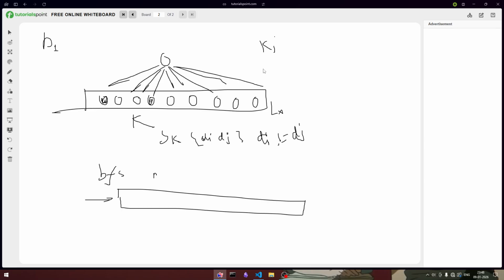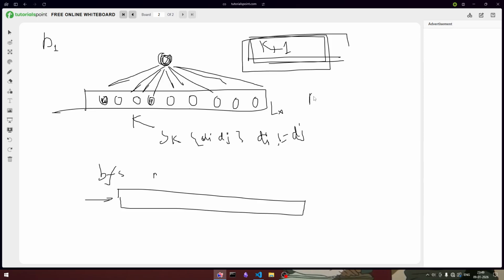We can't color any of these nodes together at the same time. We actually cannot color the parent at the same time because there is a direct edge, right? So if there are k nodes here, we need at least k plus 1 colors, and the maximum of these would be our answer. One thing we infer from this is that we'd be seeing every level,